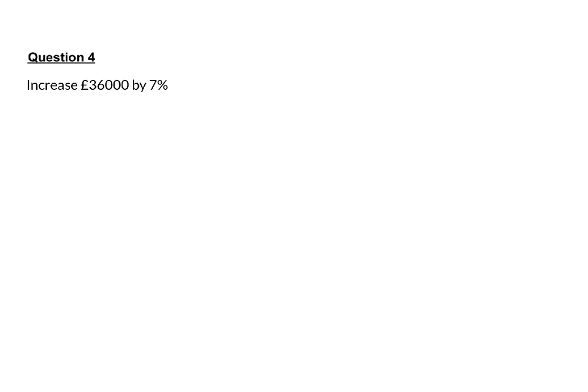Okay, in this question here, we just have to increase 36,000 by 7%. Now, there's two different ways of doing it. So the first method, probably the simplest method, it's a little bit longer, is to find 7% and then add it onto the 36,000. So let's do that first. So I want to find 7%